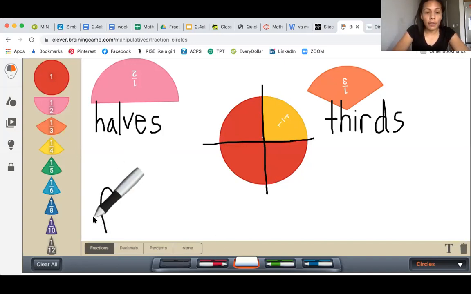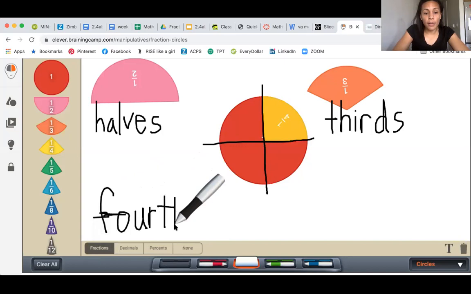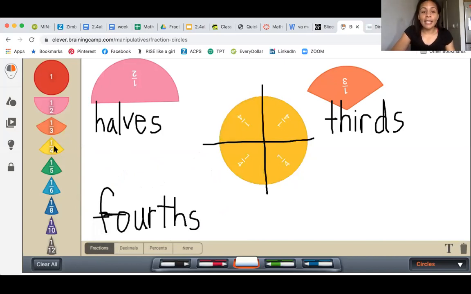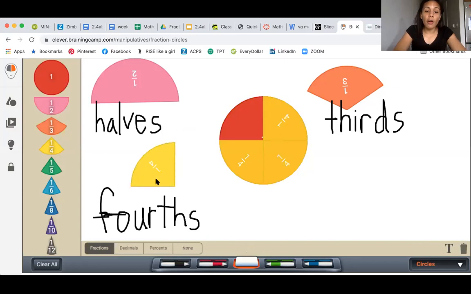This is called a fourth. Can you say fourth? Good. Just like if you were the fourth person in a race, you would say you were in fourth place, okay? So these are called fourths. Let's see how many fourths we have in a whole. There's 1, there's 2, there's 3, and there is 4. I have 4 fourths in this whole, okay? I was able to partition my whole into 4 equal parts, and each of those parts is called a fourth. Very good. All right, let's move on.